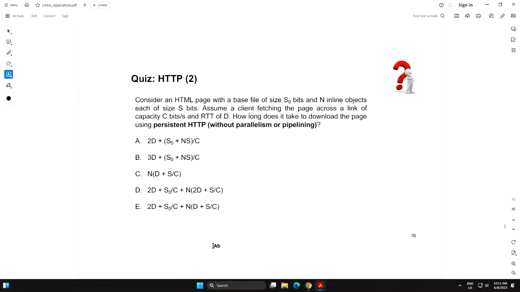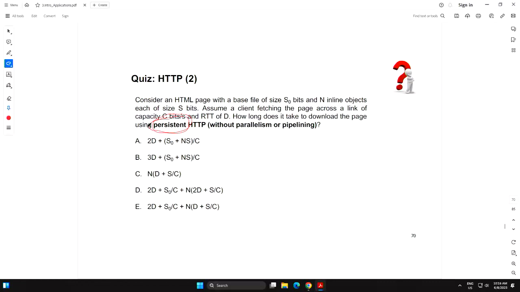And then I'm changing the quiz only here. Instead of non-persistent, I'm saying that this is persistent, right? So if I switch from HTTP 1.0 to 1.1, and then I say that let's go for persistent, however, we don't want pipelining.